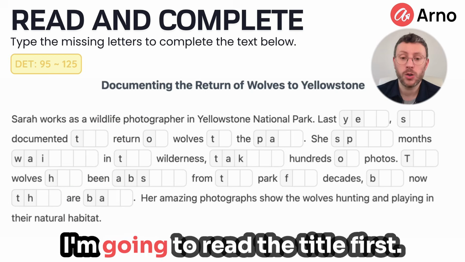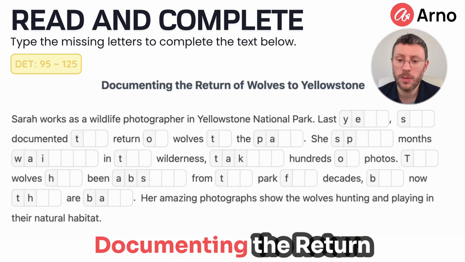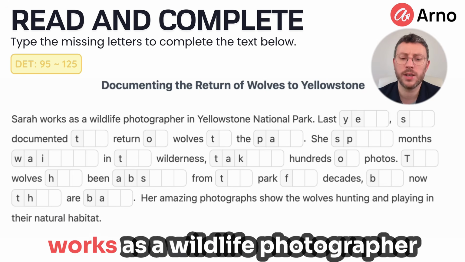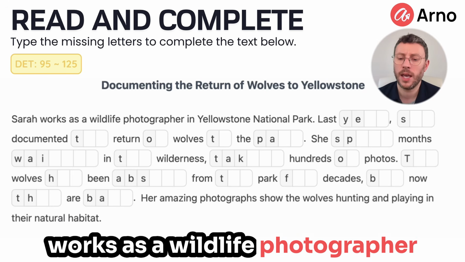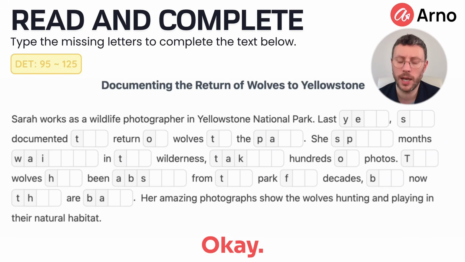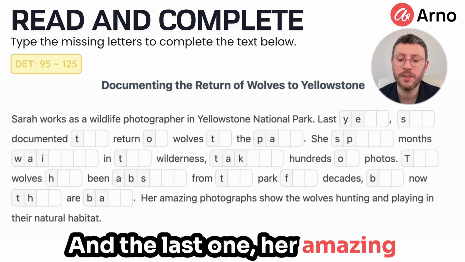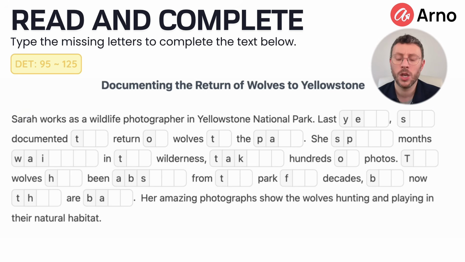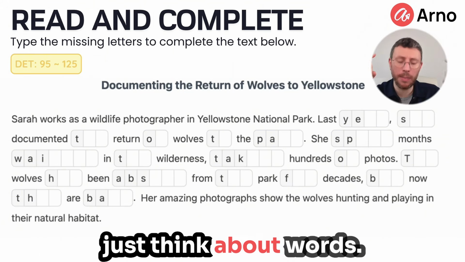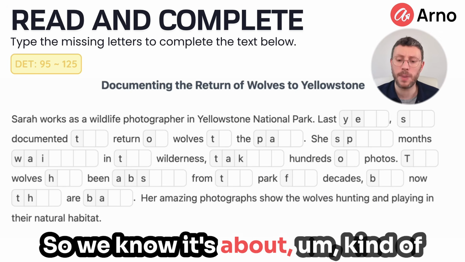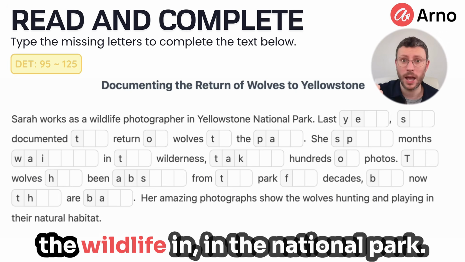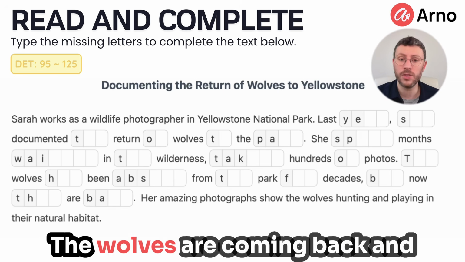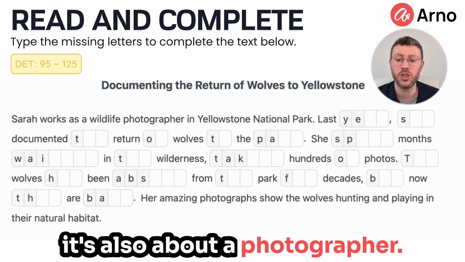Okay, let's go. I'm going to read the title first, Documenting the Return of Wolves to Yellowstone. And the first sentence, Sarah works as a wildlife photographer in Yellowstone National Park. Okay, and the last one, her amazing photographs show the wolves hunting and playing in their natural habitat. So I want you to stop and just think about words. So we know it's about kind of the wildlife in the national park. So it's a lot about nature. The wolves are coming back, and it's also about a photographer